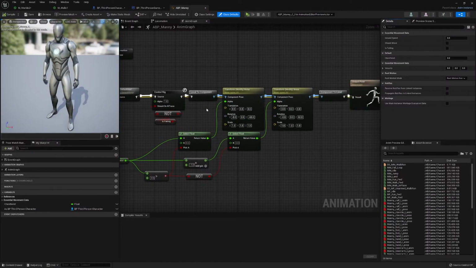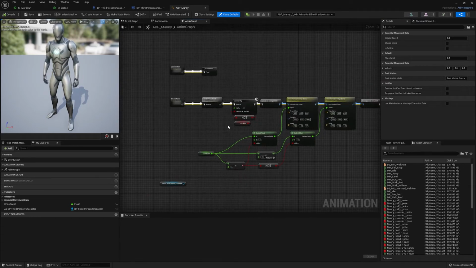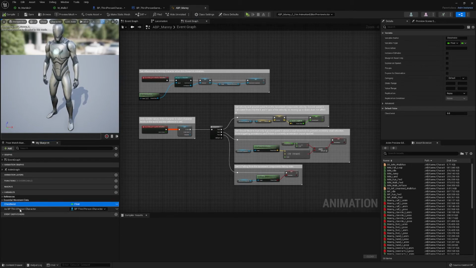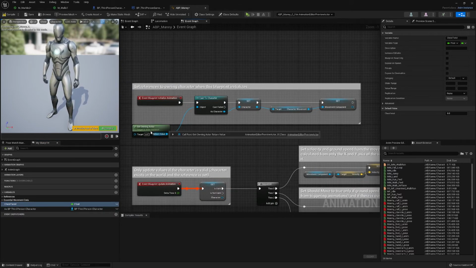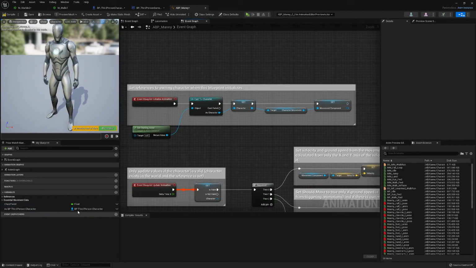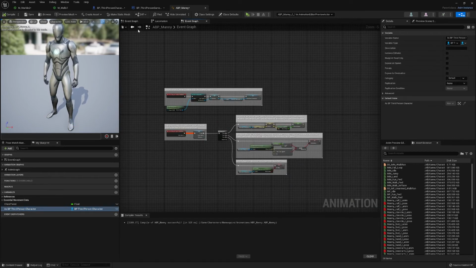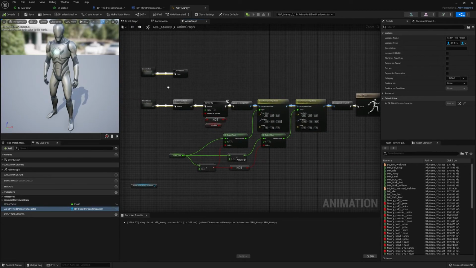Now, as you can see here, I've already worked in this a little bit, but we'll just walk you through what we did. So first, let's go for our event graph, which is completely the same. And you want to add this chest twist float. And then I'm sure that this should be exactly the same. And then if we go back to our animation graph,